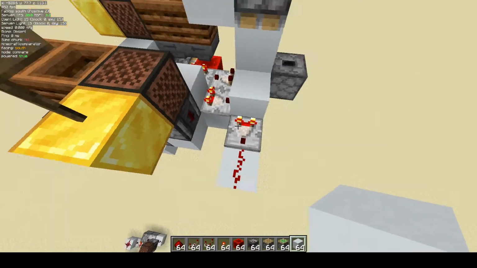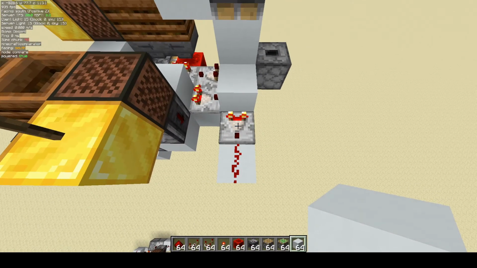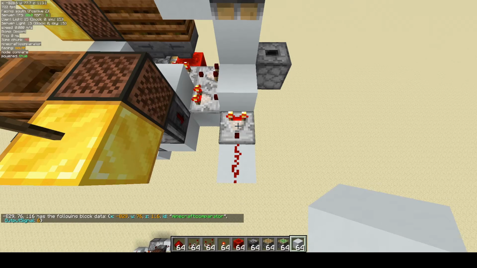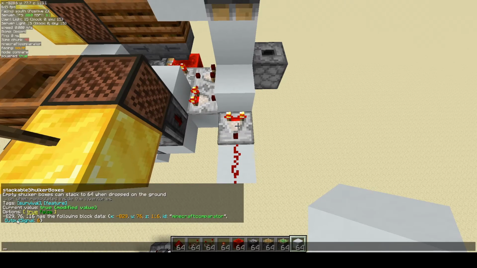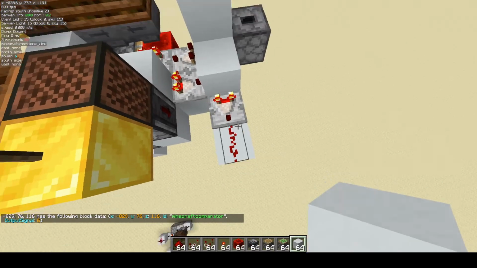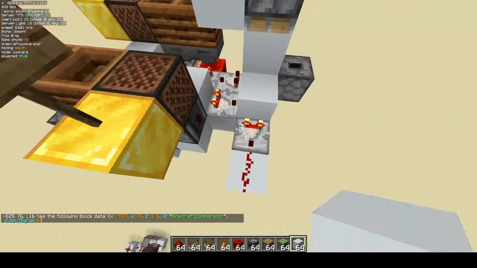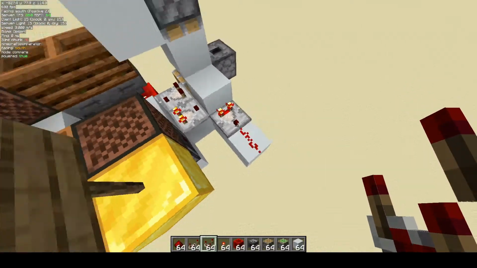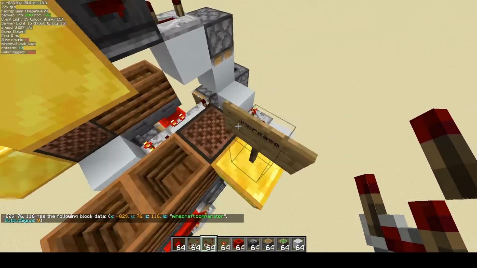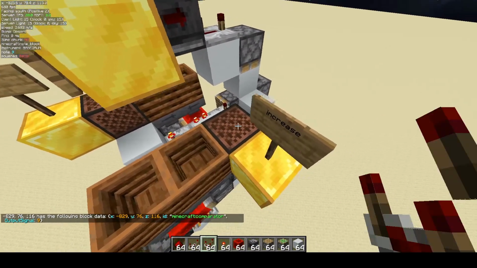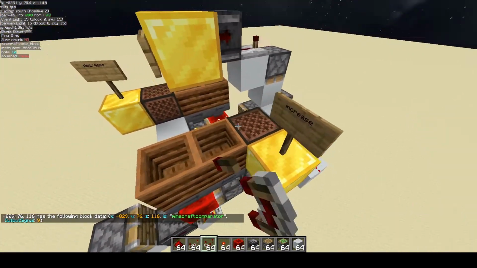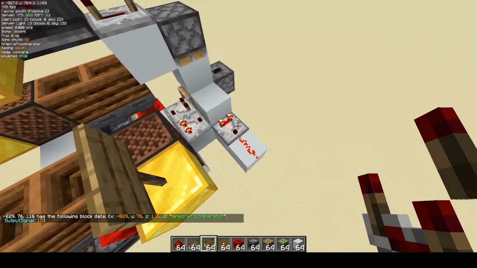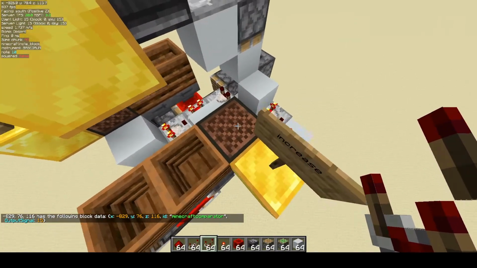What's really interesting about comparator overload, so let's use /data get block and then those coordinates. You can see right here, output signal is 6. The redstone dust is also at 6, but what's kind of interesting, if we activate it again, you can see now it's at 9. I can just use the same command. If I do it again, it's at 12, again, it's at 15. And if we do this, that comparator is also at 15, but what's kind of interesting is